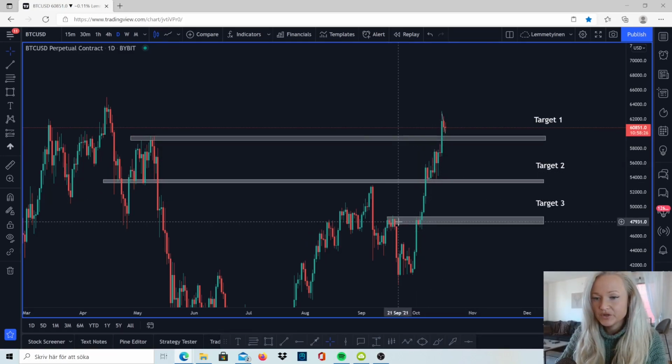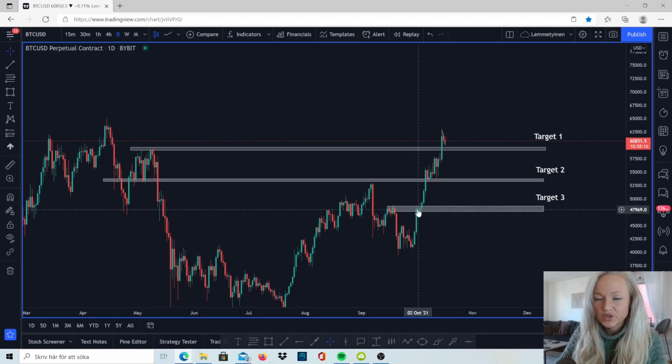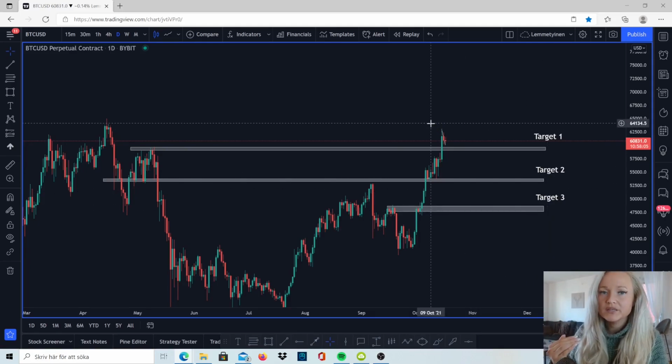Do have this third target around 59,000, because that was also where the market broke the downtrend, came back and made an uptrend, and now we saw the market have the huge volatility from this previous resistance turning into a support. These are the 3 targets that I have, that if we are seeing the market starting to pull back,